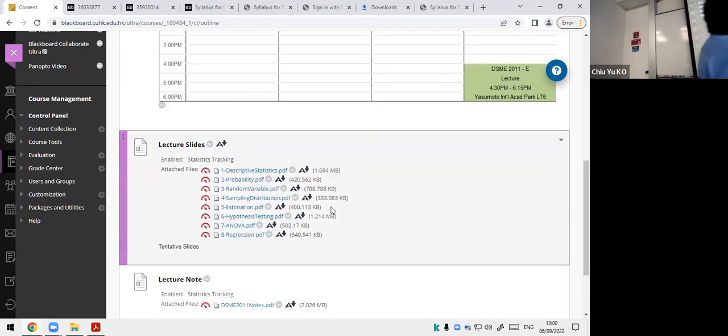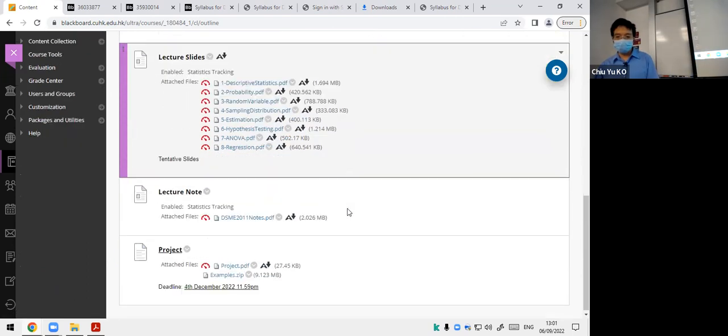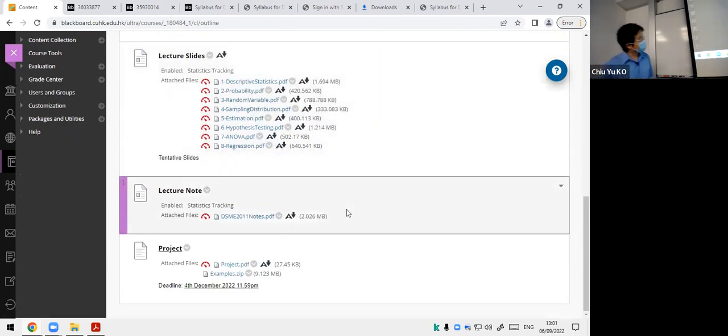The main difference between this year and last year is just that I took away the R, and I added some new graphics here, but basically it's the same thing. In case you're using your slides from the senior guide, it should be fine. It doesn't really change that much. I added some pictures and one or two examples, but most of it is the same, no change in material.